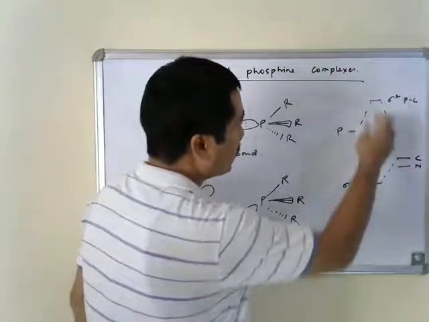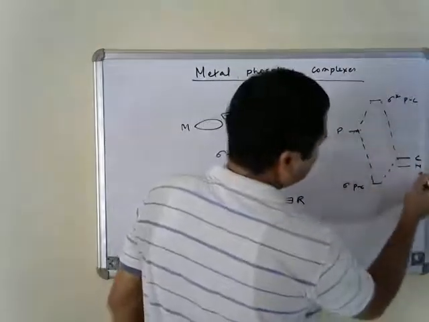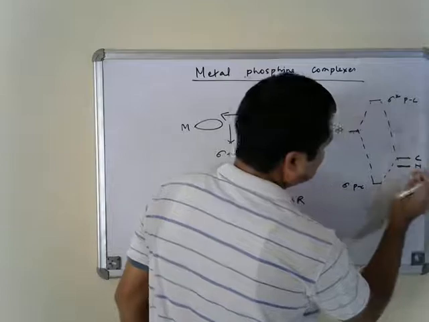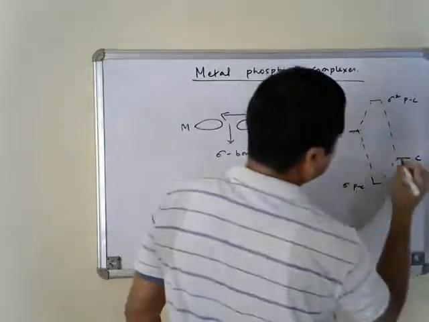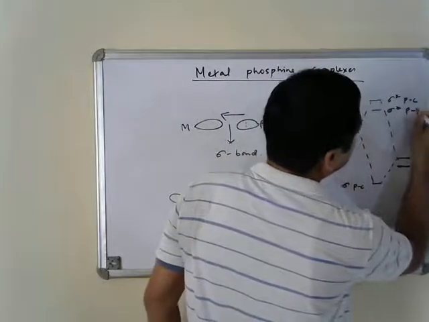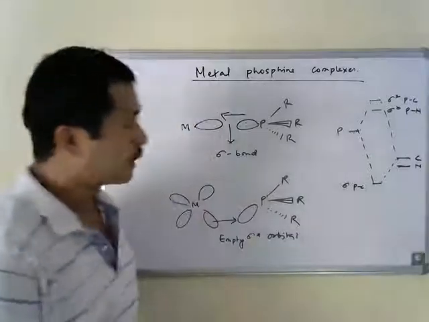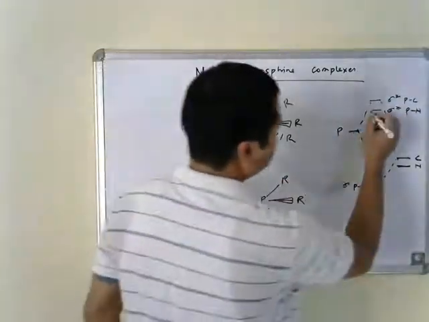So when a nitrogen atom is linked to the phosphorus, the sigma star PN orbital will be located at lower energy than the sigma star PC molecular orbital,